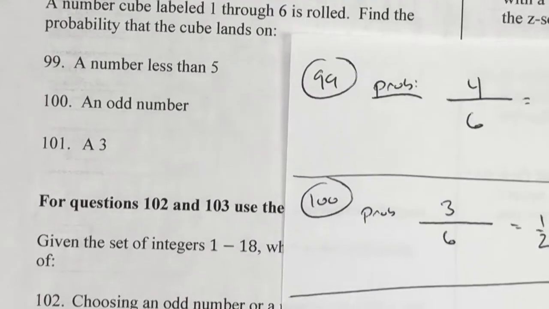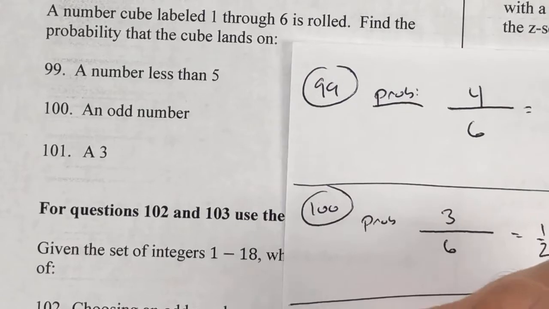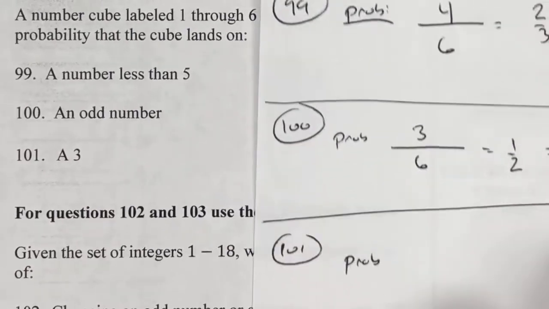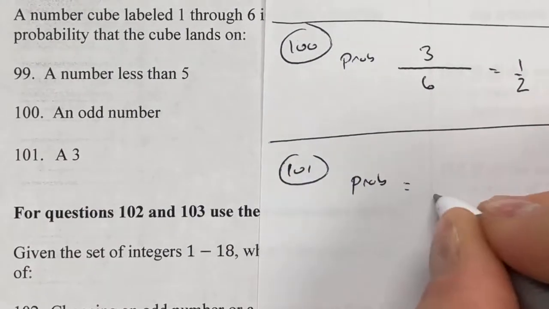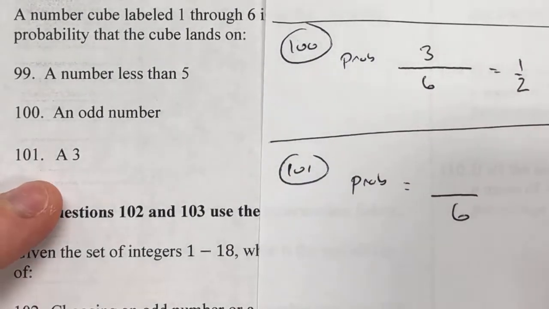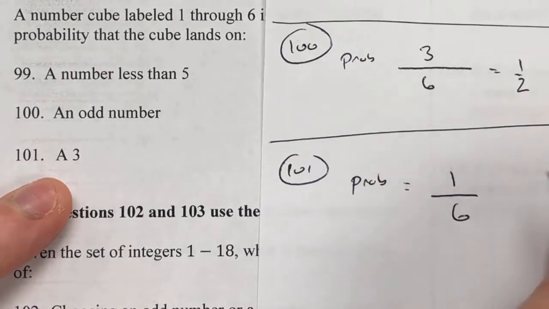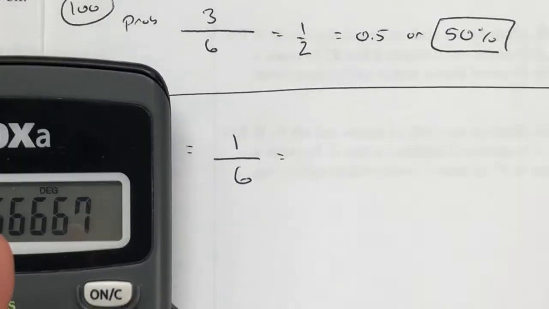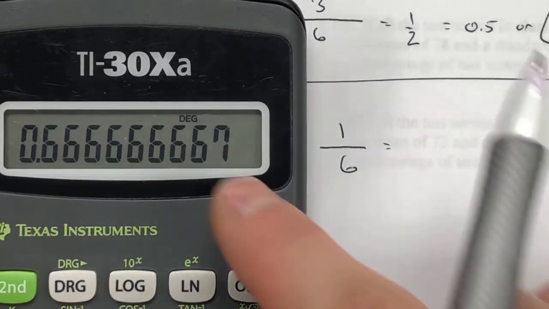That's question 100. Question 101. We're looking for, again, a probability. Out of a dice labeled 1 through 6, I have a total of 6 possibilities. If I want to roll a 3, there's only 1 out of those 6, which does not reduce. So I'm trying to find 1 divided by 6,